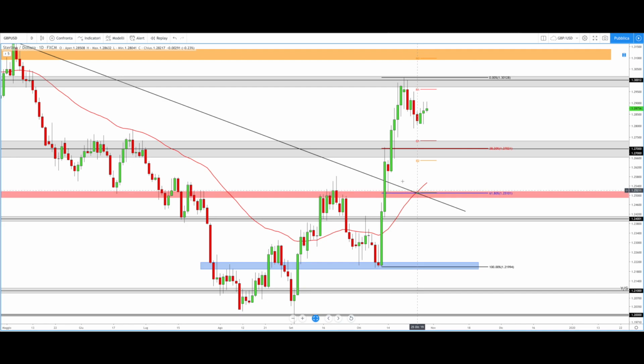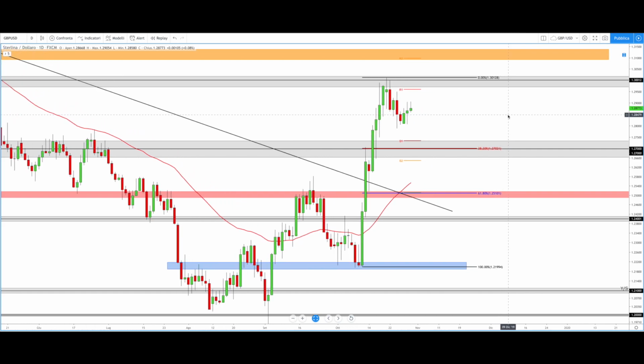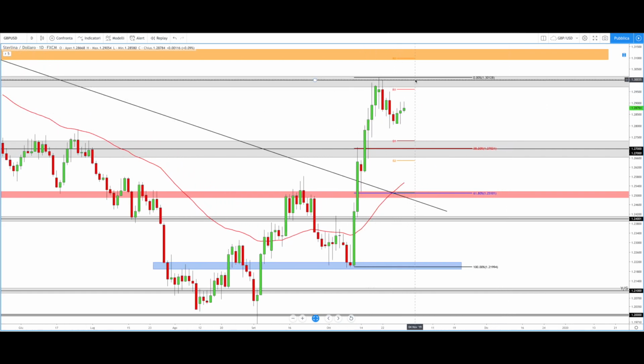reacted to the price many times in the last weeks before this huge bullish phase, and I expect a correction. And then in this area we also have this broken bearish trend line. So if the price starts a new correction, I expect a touch of this key level, this broken trend line, and this moving average before the next bullish phase. But for now, guys, the price is still trapped between 1.30 and 1.27, and looking at the 4-hour time frame,